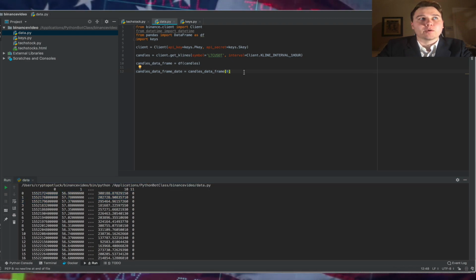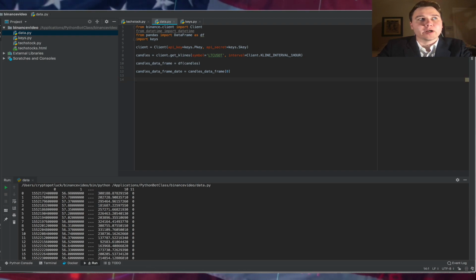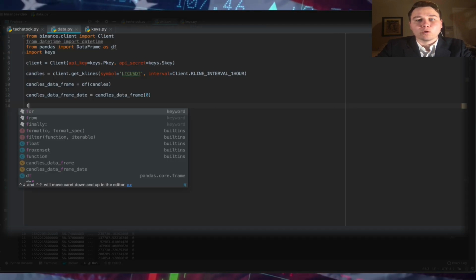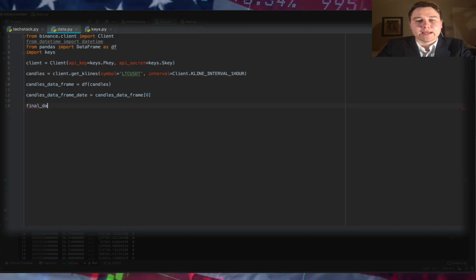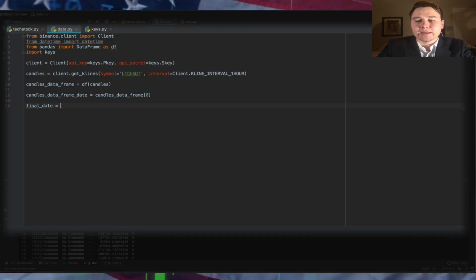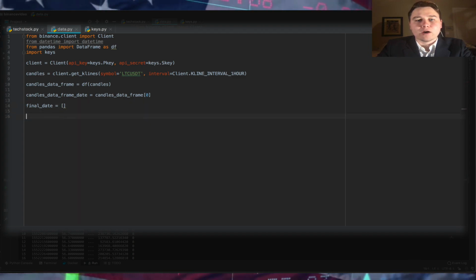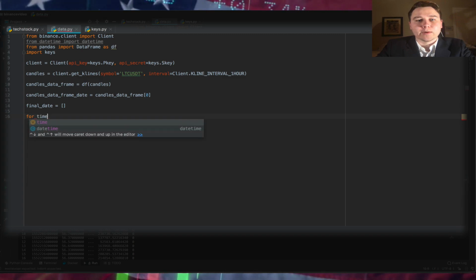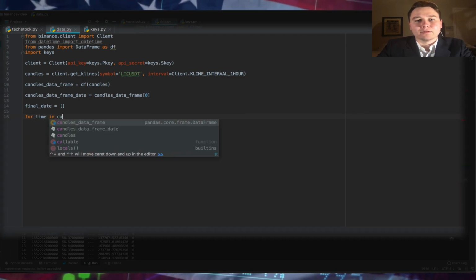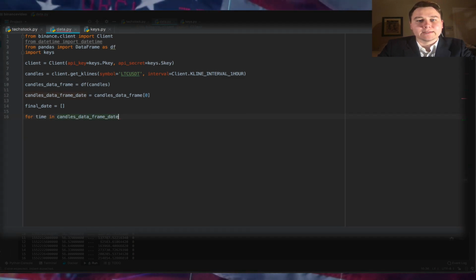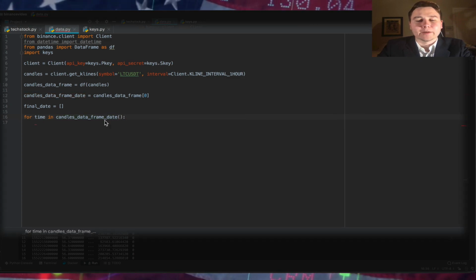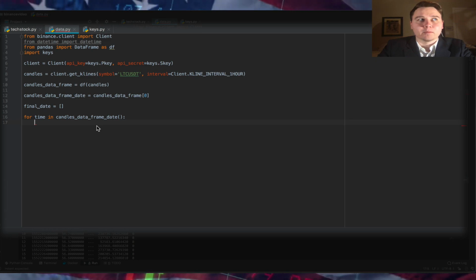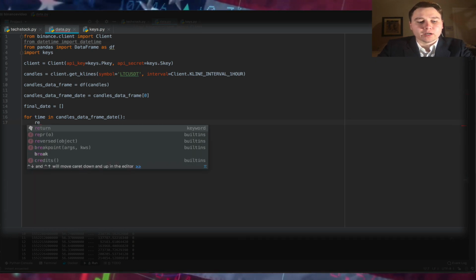The next thing we want to do is create a loop, but before we do, we need to create an empty list. We'll call this one final date, and this is going to be equal to an empty list. Now, to set up this loop, we will do a for, and then time in candles data frame, date. And the first thing we need to do is make sure that this date is readable. So we'll name this one readable